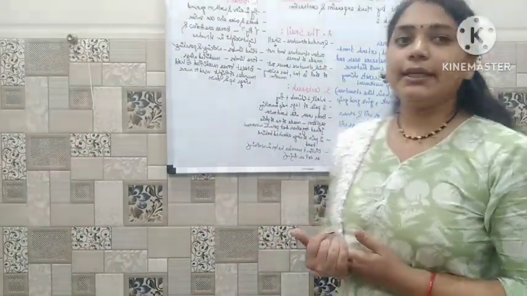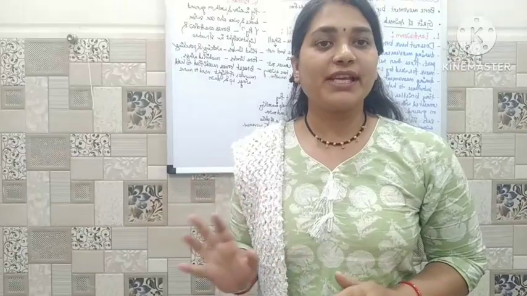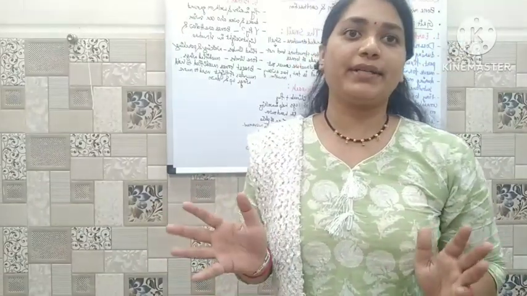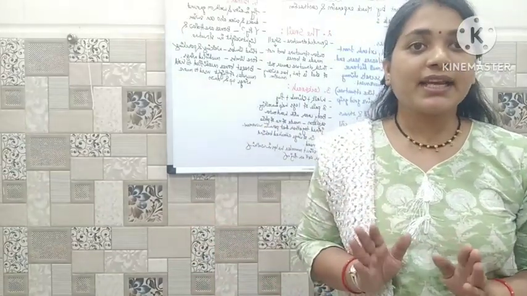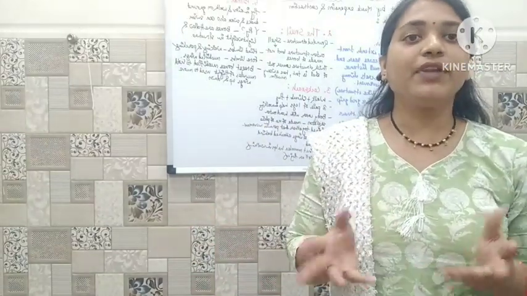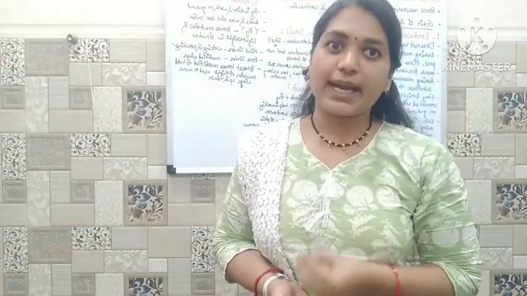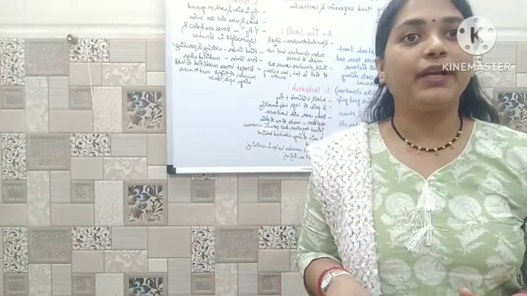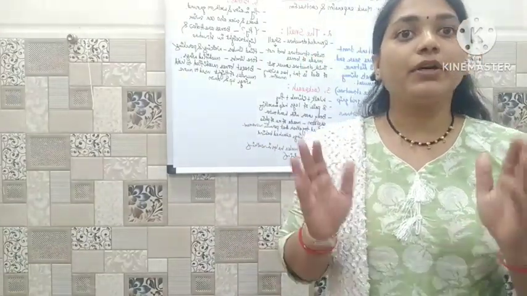So we have seen so many animals that use their bones for movement, but where there is a case of no bones, how are they moving? That is the question. The animals that do not have bones at all, that have only fleshy structures, how are they moving? Take an example of the earthworm.